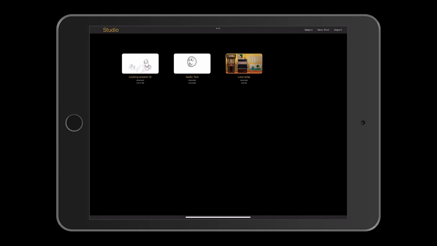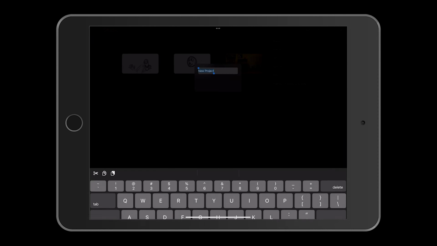Let's go to the iPad, because one of my favorite applications on the iPad and for animation just in general is Callipeg. Okay, so here we are in Callipeg. What I'm going to do is create a new shot. I'm going to name it